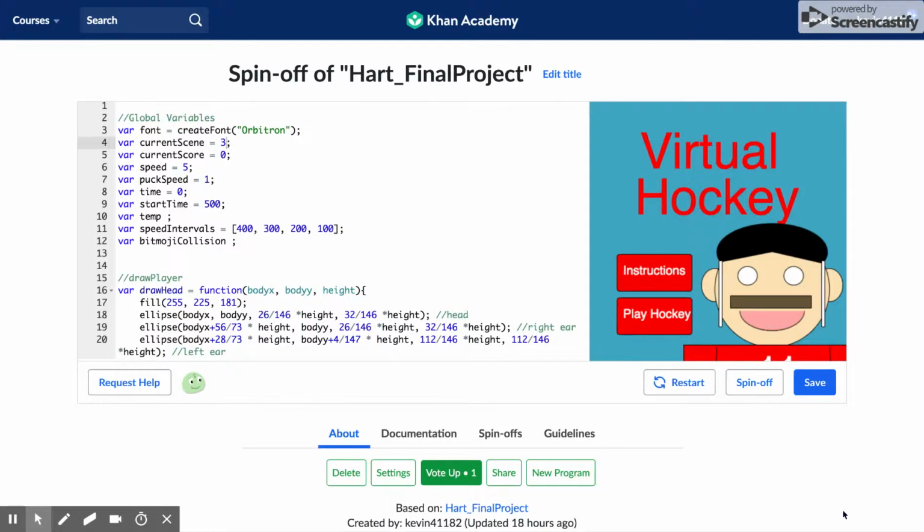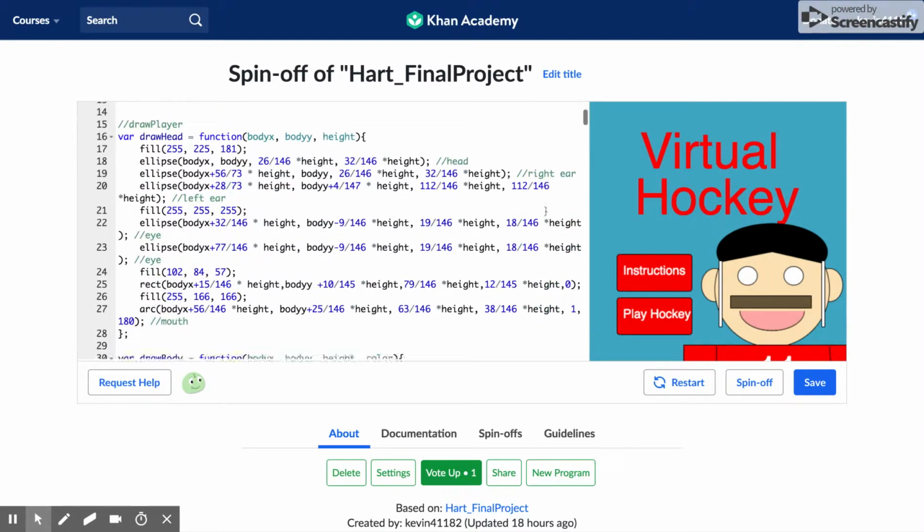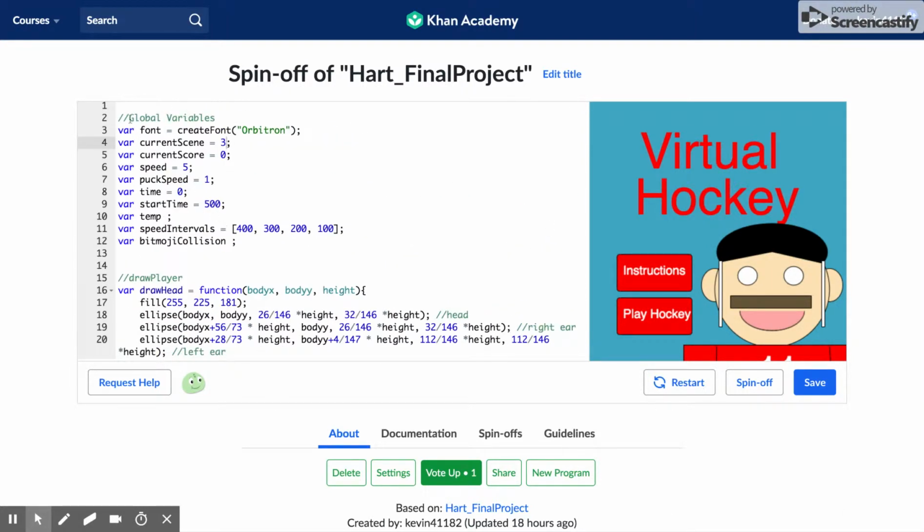All right, this is the second part of the video sections for my CSC 106 final project titled Virtual Hockey. I'm going to run through the code and explain it. So, as you can see, first, about line 1 through 14, this is where I just set my global variables